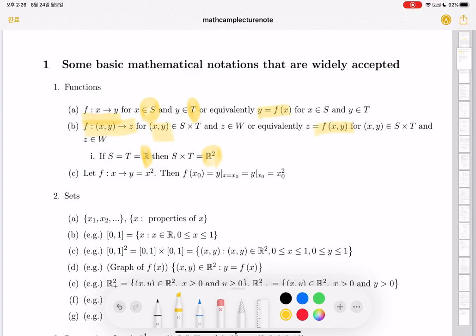Every element in this ordered pair is in the real number line. Same way, if you have this notation (x, y, z) in R cubed, it means that this is a real number, this is another real number, this is another real number. Okay,